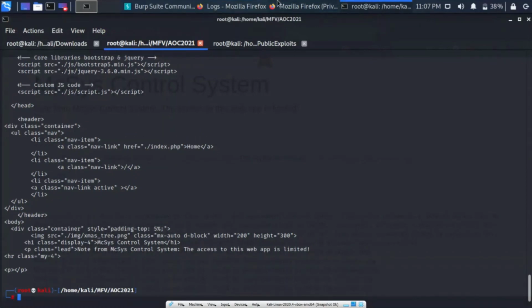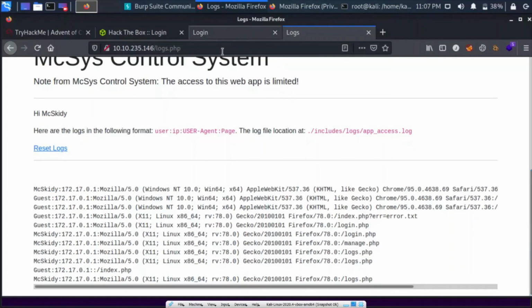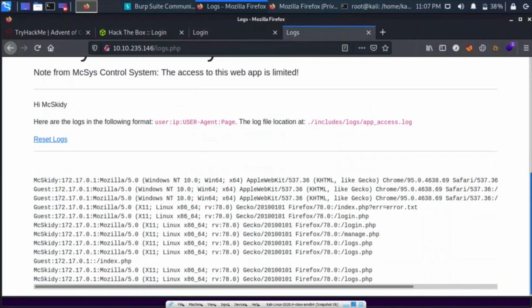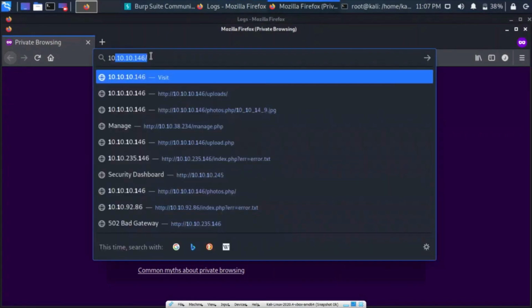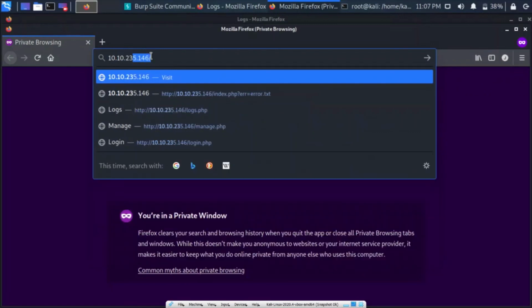Let's run it. What do we see now? Refresh it. Yes. Okay. We see a guest, then we see the IP, but we don't see this user agent. So maybe our command worked. So it was